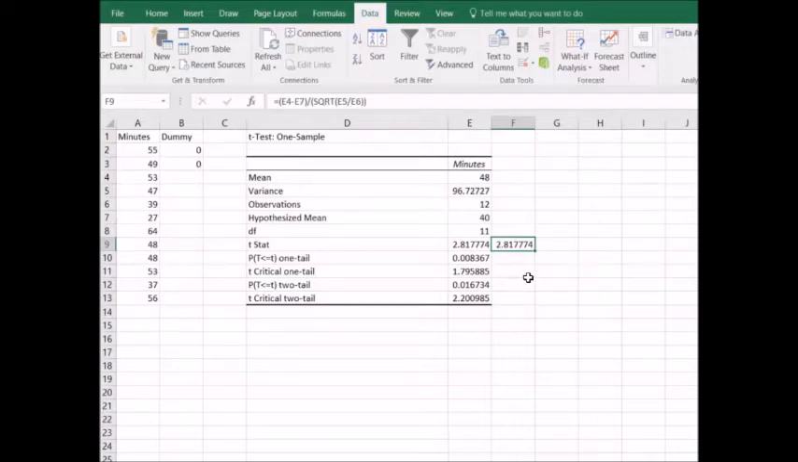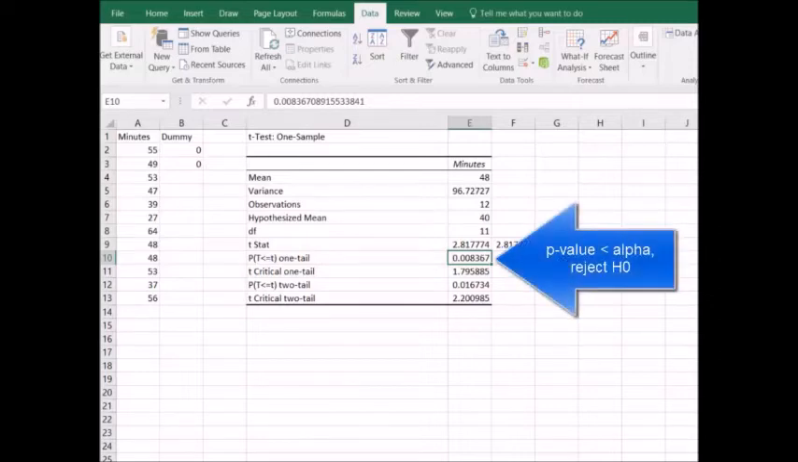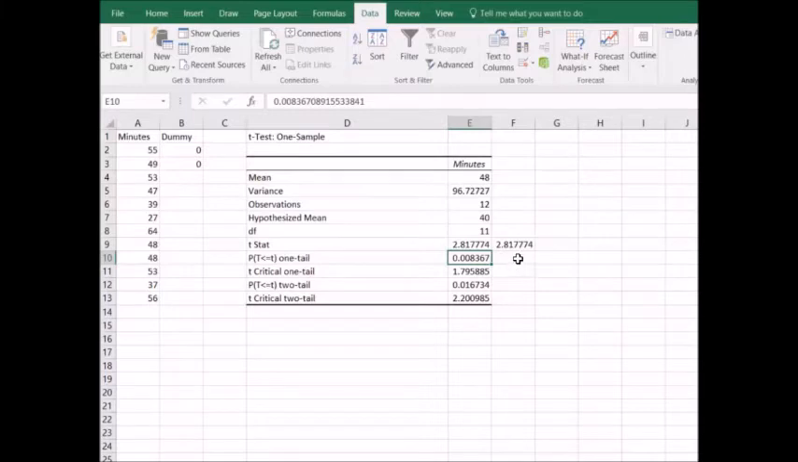The probability of obtaining a sample mean as extreme or more extreme than this, if the population's mean is actually 40, is 0.008 or 0.8%. That p-value is smaller than our alpha of 0.05. When the p-value is smaller than alpha, we reject the null hypothesis, and we say that parking time is greater